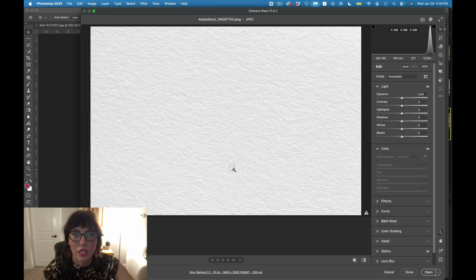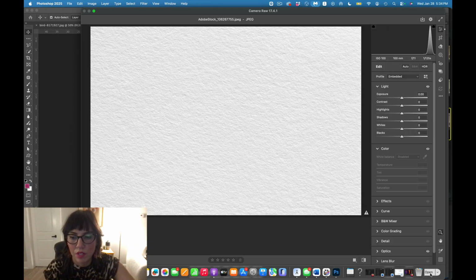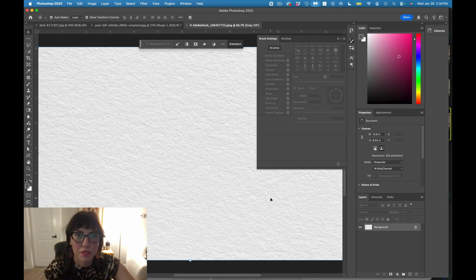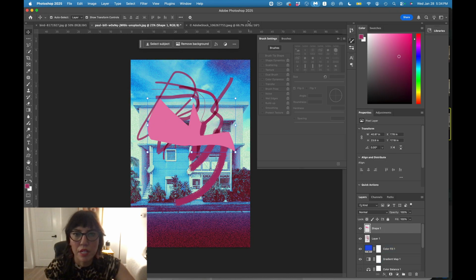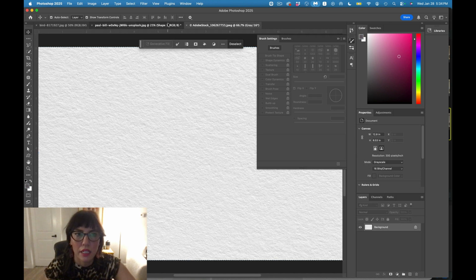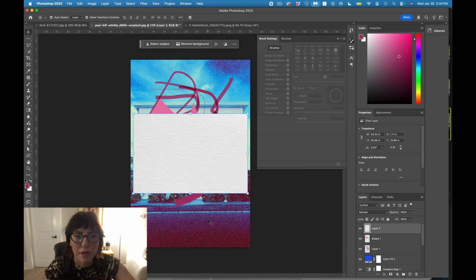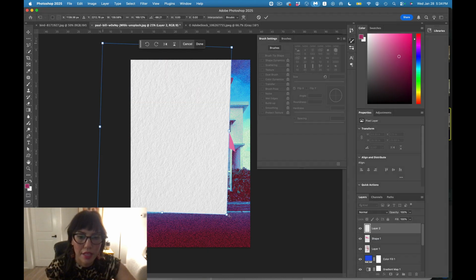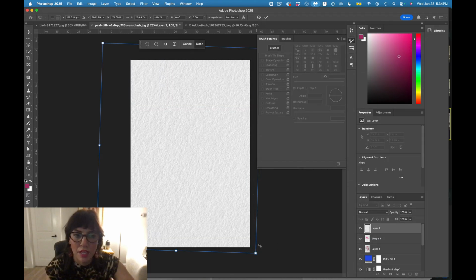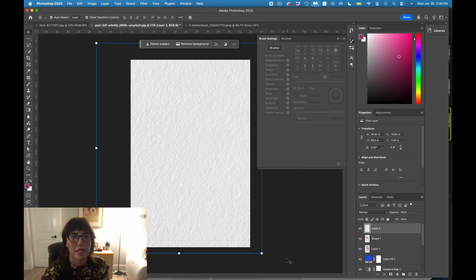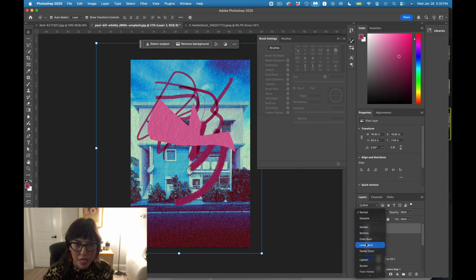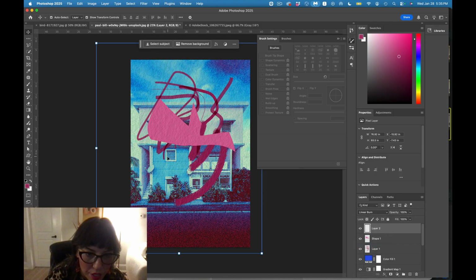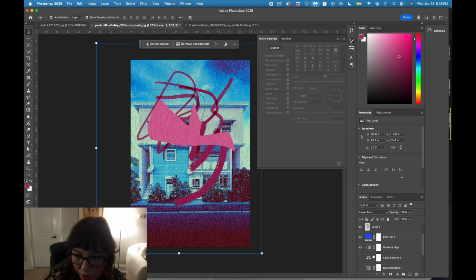And I have the camera raw. I'm just going to click open. Sometimes that pops up when it's an actual photo, but that's good because it's not generated, it's an actual photo. And I'm just going to copy and paste that and come back over to my working canvas and do Command V. And I'm just going to scale this so it fits. And I'm not super particular about how this fits in because I just want it to cover the whole space. And now I can go into my blend layers and I can give this a paper texture, and I have that diffuse on, so